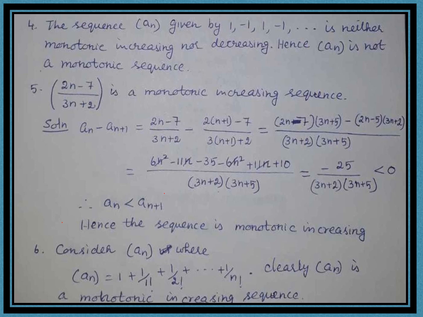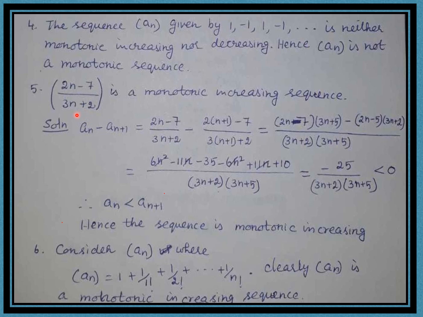In this example, the sequence an is given by 1, minus 1, 1, minus 1, etc. See, 1 is greater than minus 1, but minus 1 is less than 1, and again greater than minus 1, and so on. So we see that it is neither monotonic increasing nor decreasing. So we cannot call the sequence an a monotonic sequence. The next example gives